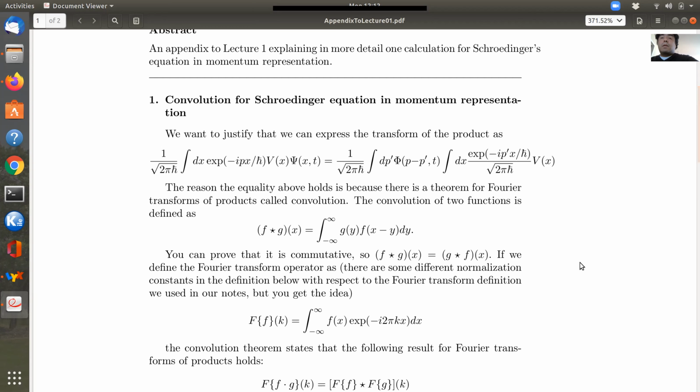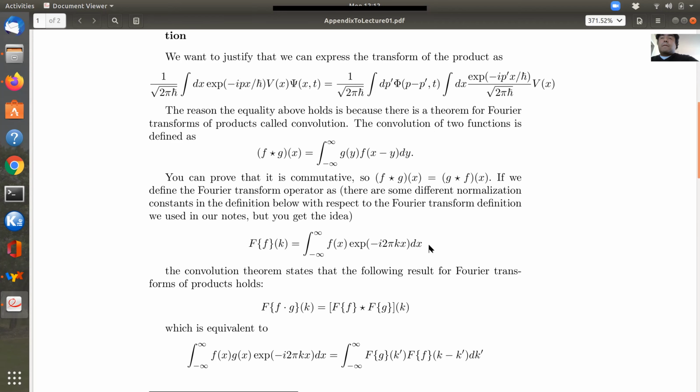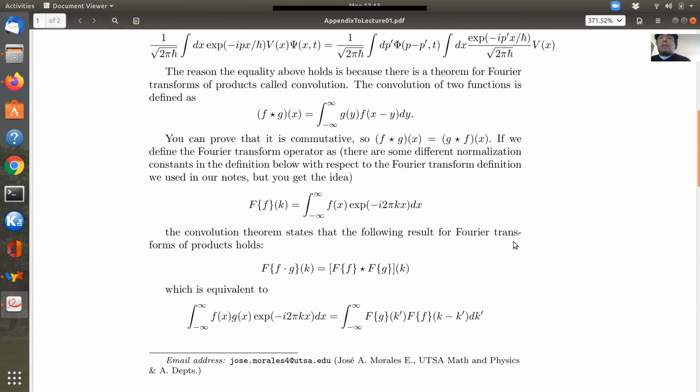It can be proved. And under the following definition of the Fourier transform, which has a different normalization factor, we actually have the 2 pi factor here, and we don't have this 1 over the square root of 2 pi. You might have noticed that in the definition of the Fourier transform that we use for our course, we had the h bar factor involved in there. But okay, under this slightly different definition of the Fourier transform with different normalization factors, there is the following theorem